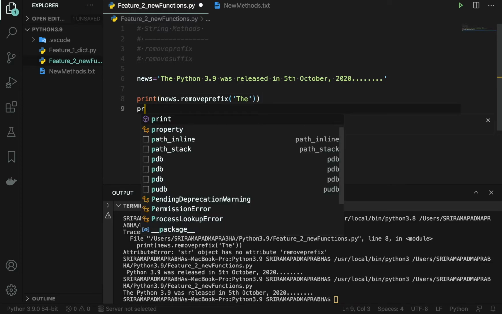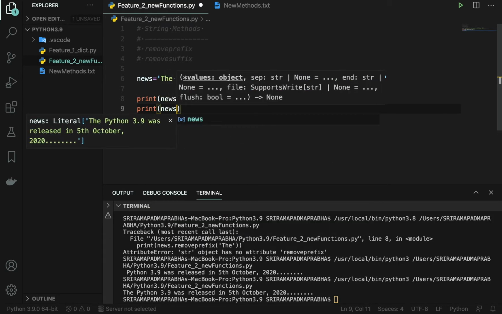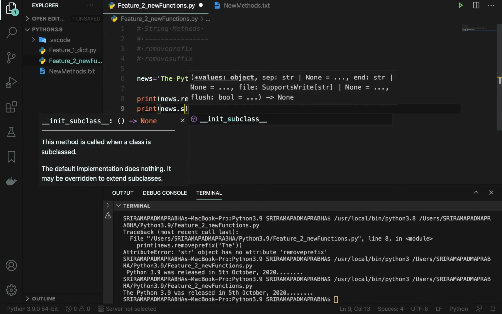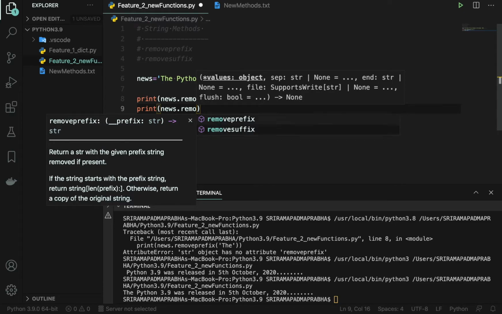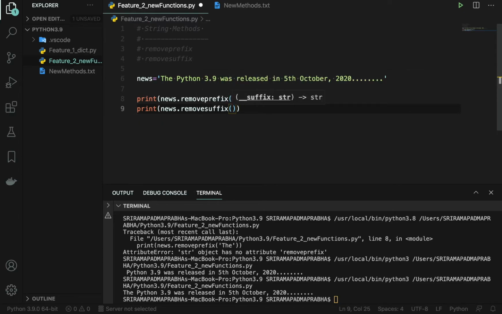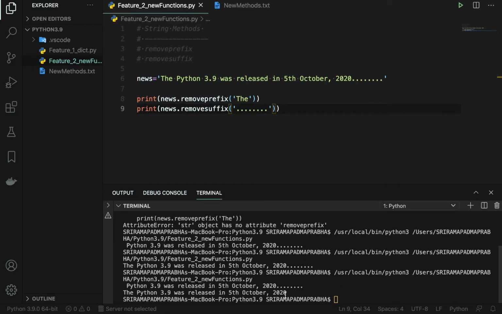And similarly, we can also use the suffix. Okay, so remove, and this time it is the suffix. The suffix is the end, or tail, of the string. Now these are the dots. I want to remove them from the given string, but if I directly give this and execute this code, this will be deleted. You may think there would be some space and all, right? But this is considered as part of the whole string itself. Now news.removesuffix, this removed it.